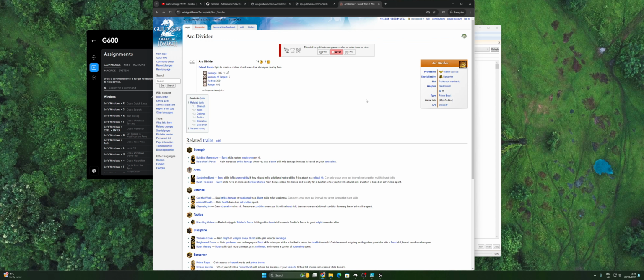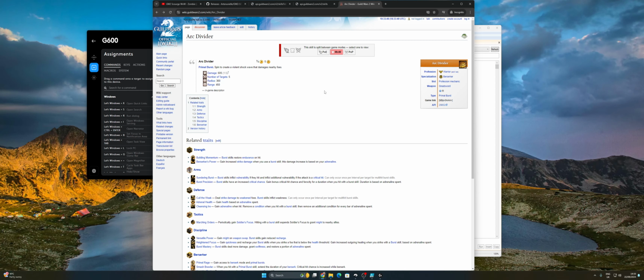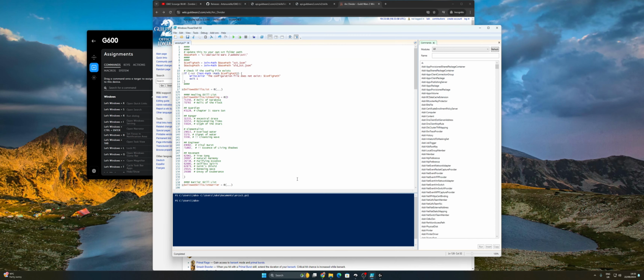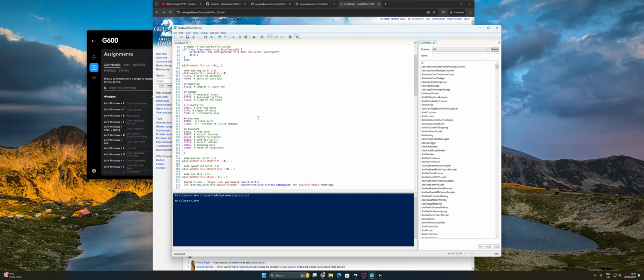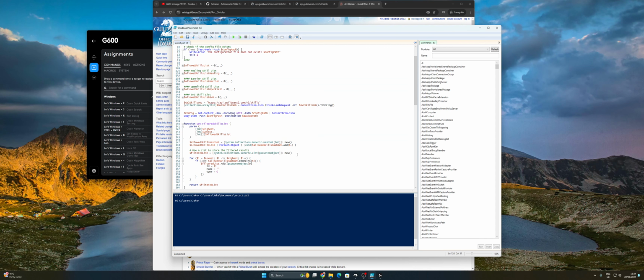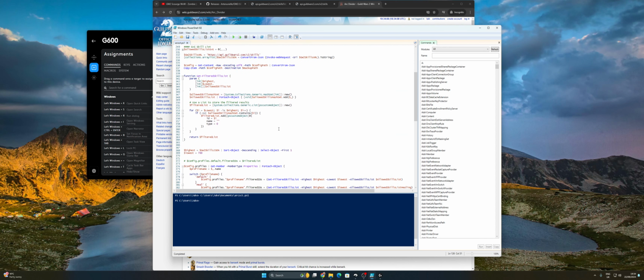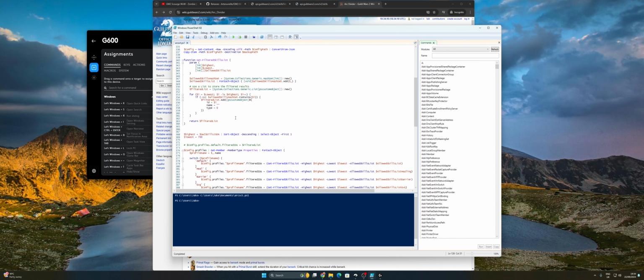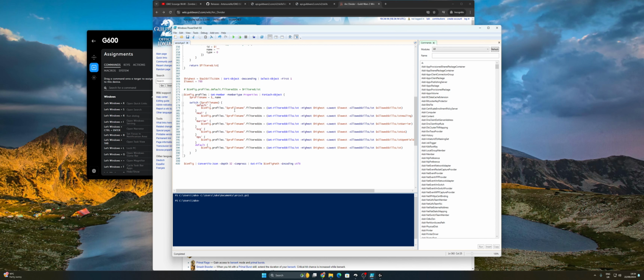Now, there's a problem. The IDs that are here are not always the IDs that you actually need in game. So I will show you a little bit later how I approach finding them. So let's take a quick look at this script. I wrote this several years ago. I'm not really sure why I use some of these list types, but basically what we're doing